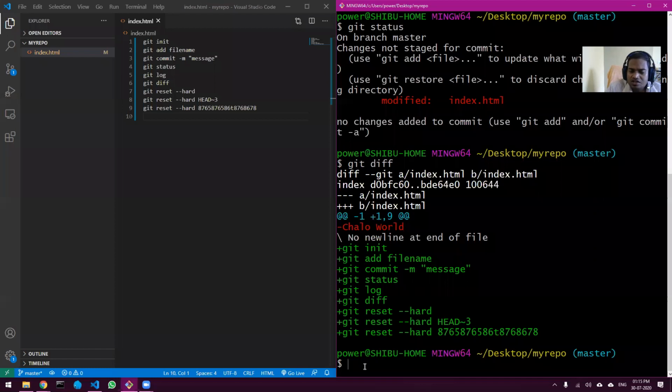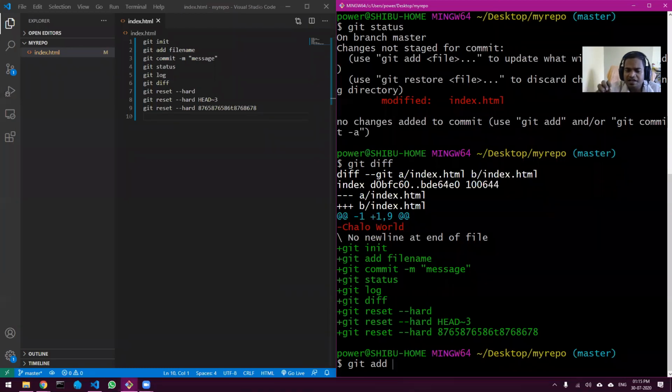And once I know this, and I am happy with the contents, I can do git add to stage. Now you can put the name index.html, since in our case there is only one file. But that is not the case when you are working on big projects.